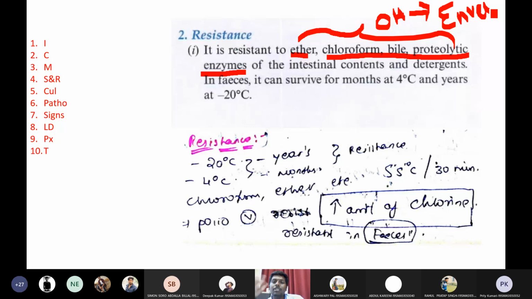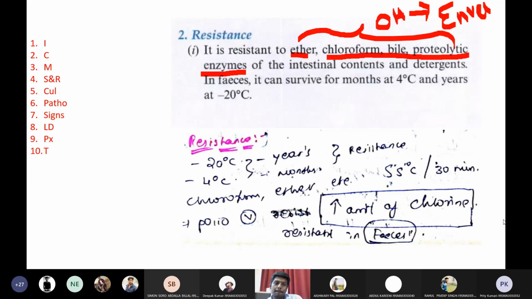Usually we say that whenever we eat food we should clean our hands, but that won't work for poliovirus, because it is a non-enveloped virus. One more general statement, students: all naked icosahedral viruses are tough to kill, since they don't have any envelope and they have a very rigid icosahedral nucleocapsid. These viruses are tough to kill.